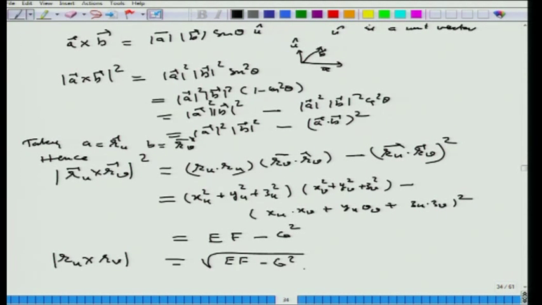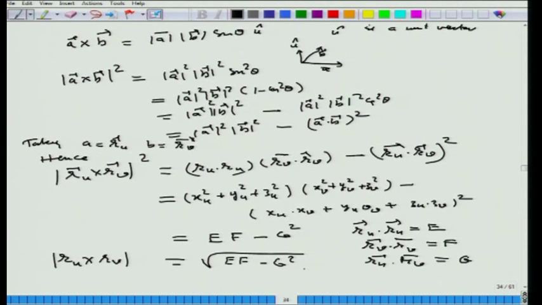This is the dot product of two vectors, that is a1b1 + a2b2 + a3b3, where the a_i's and b_i's are the components of a and b respectively, the square of that. So we get this |r_u × r_v| squared like this, and so this r_u · r_u is E, that is how we define it, and r_v · r_v is F,